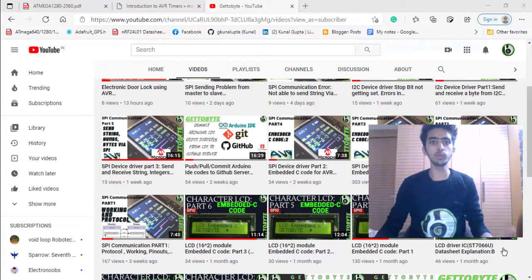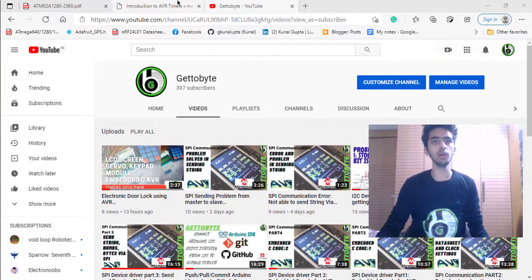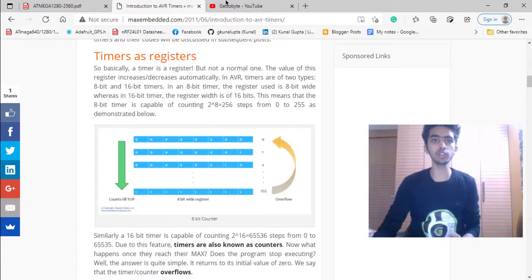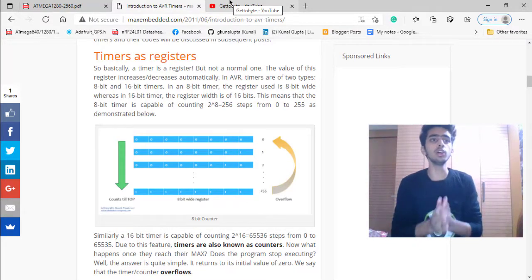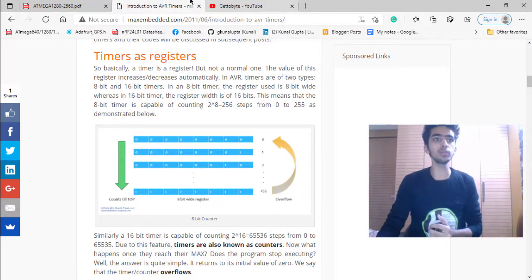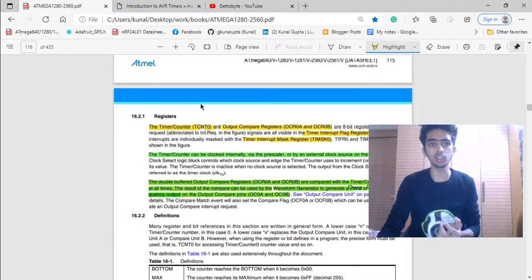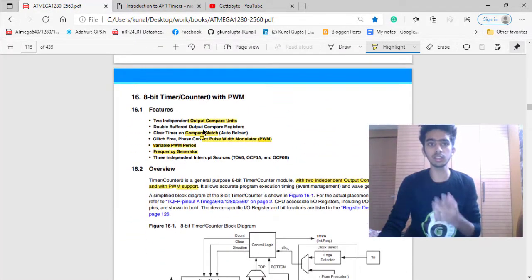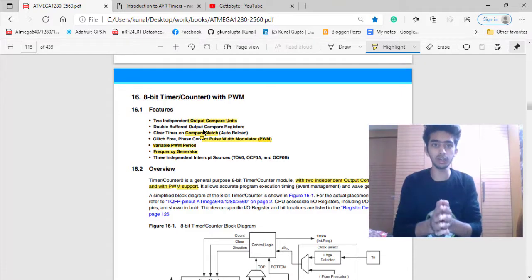Today in this video I am going to tell you about the AVR timers. We are going to start with timers, and I am just going to give you a quick overview from the data sheet of what its features are and what its basic registers are for both timer 0 and timer 1. For the detailed explanation you can reference the data sheet in the annotated form